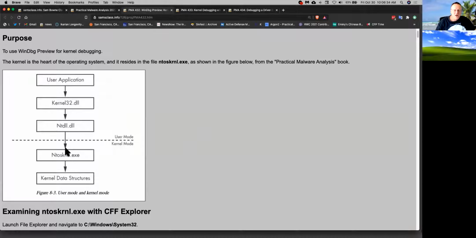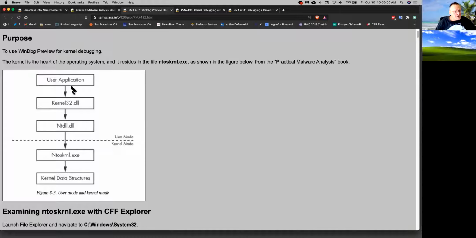User mode code cannot touch the hardware. It can only execute a certain subset of assembly language instructions. The kernel is the code that's allowed to access all the instructions. And the only thing that's supposed to be in the kernel is code written by Microsoft and written by your device manufacturers, who are supposed to submit all their drivers to Microsoft to be verified before they go in there,